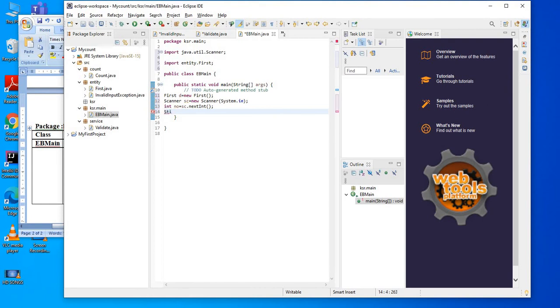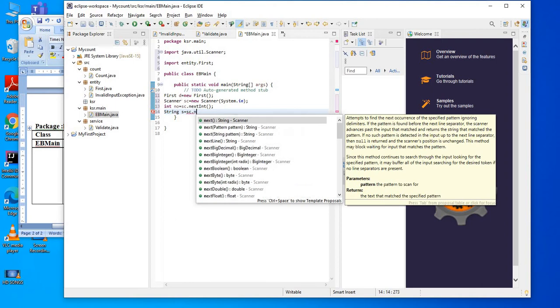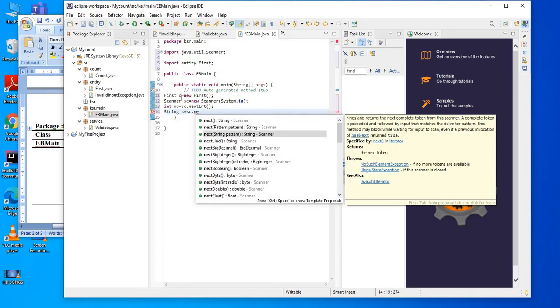So let us get a string. Let us give some s equal to sc.nextLine().